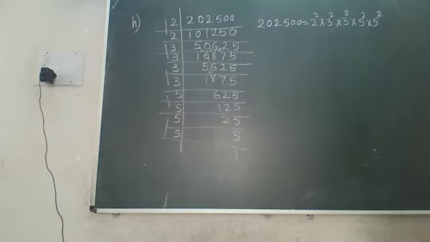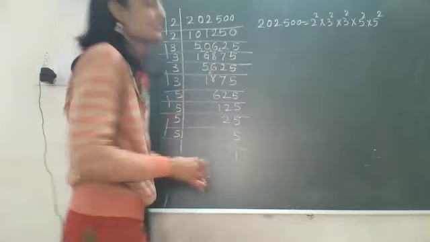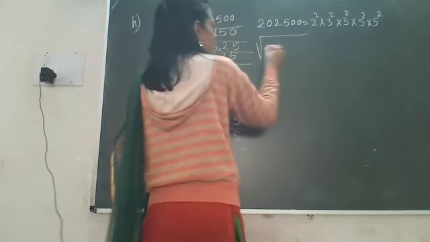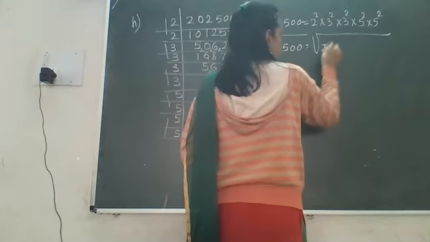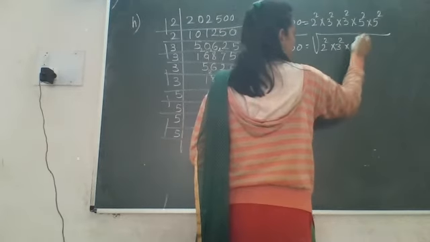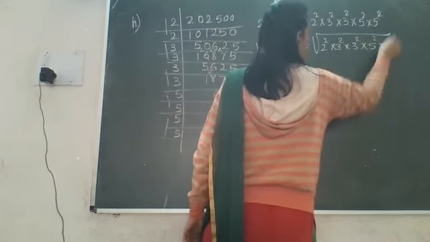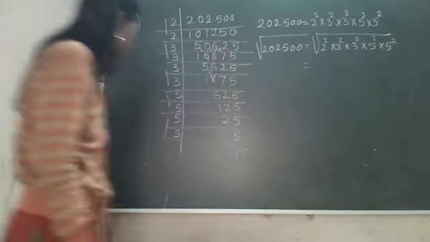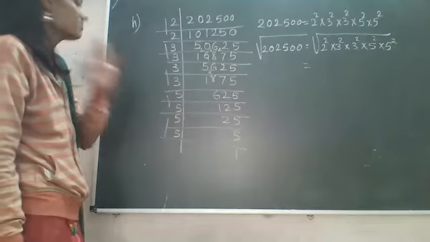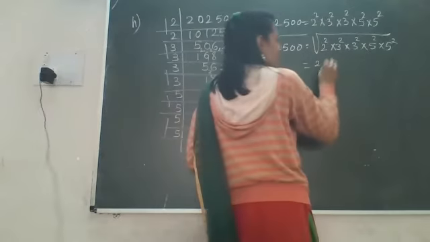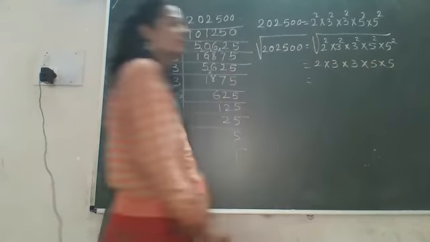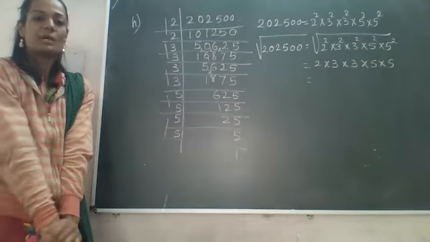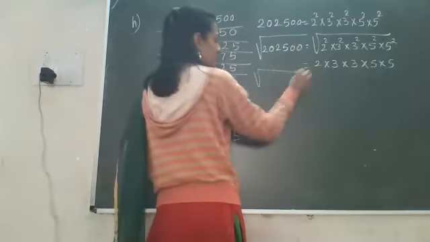Right? Chalo. So we can write, we have to find the square root, so it becomes 2,02,500 is equal to under root of 2 square into 3 square into 3 square into 5 square into 5 square. So here also same thing is that square and square root will be cancelled out and we will get 2 into 3 into 3 into 5 into 5. Okay? Now multiply and finally calculate the answer.